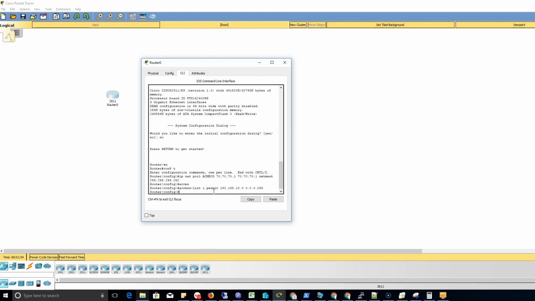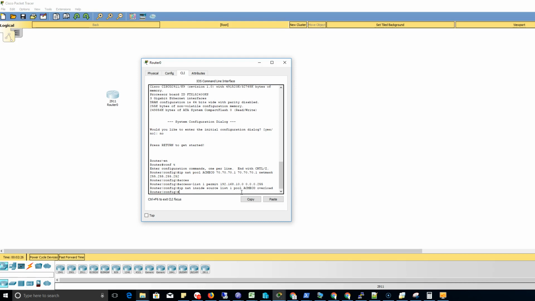Now what we've got to do is go IP NAT inside. We've got to tell the NAT inside that we're using a source list 1, which we just built here, and combine it with pool Acme Co overload. When we've done that,